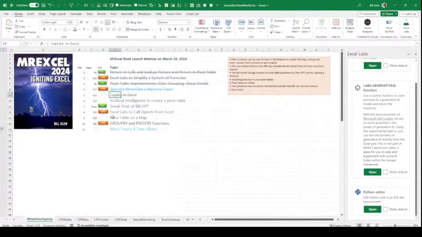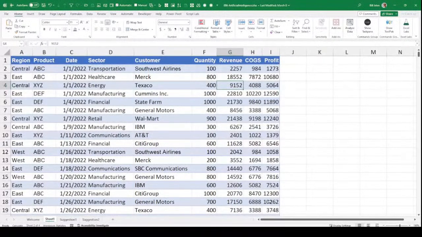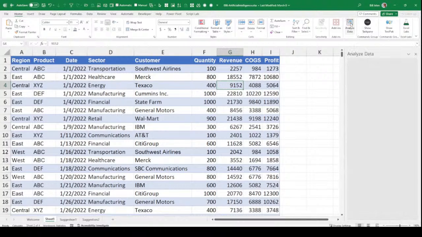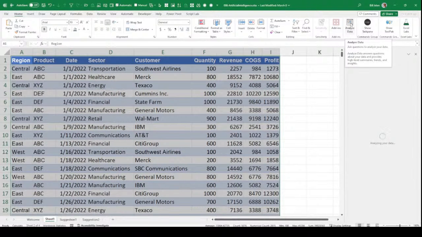The other thing that we've had in Excel that just works amazingly well is analyze data. This feature is actually in its second revolution, and it's what Copilot had given us. The analyze data in Copilot is actually this analyze data that we have here. Let's try the analyze data here real quick. All right, so same data set that we created the pivot table from, but under analyze data, it analyzes this